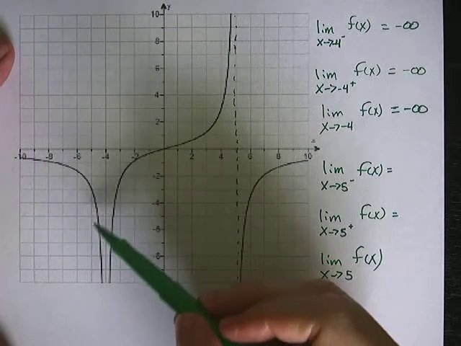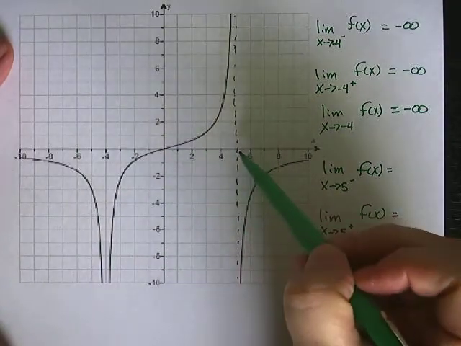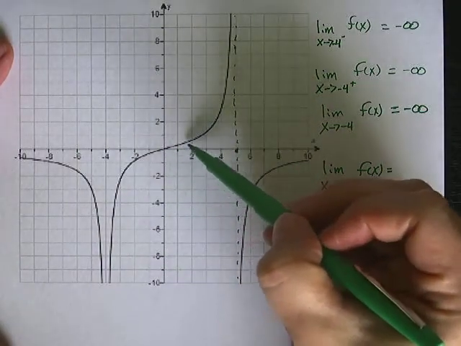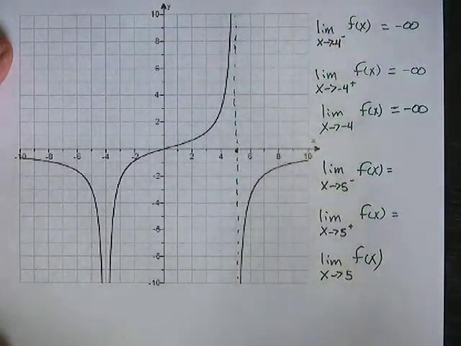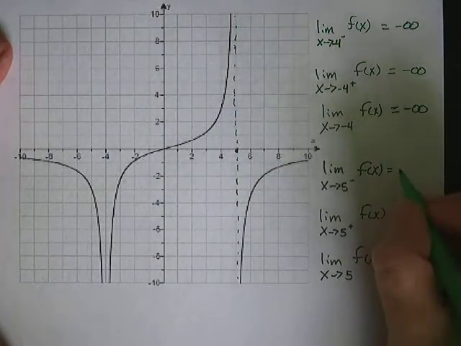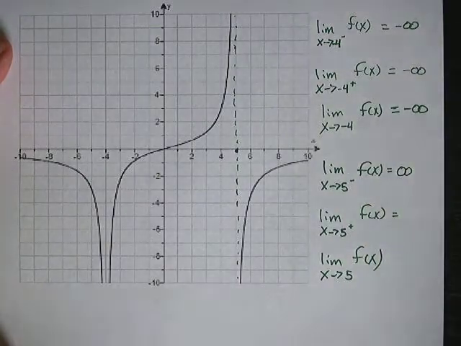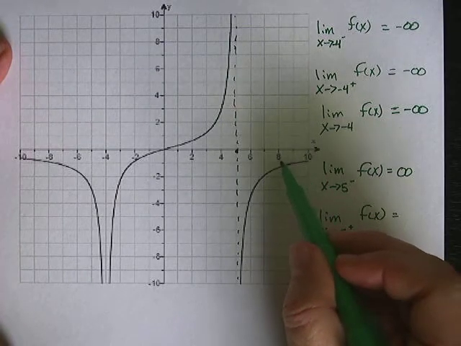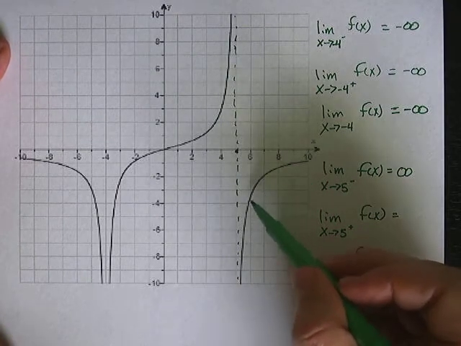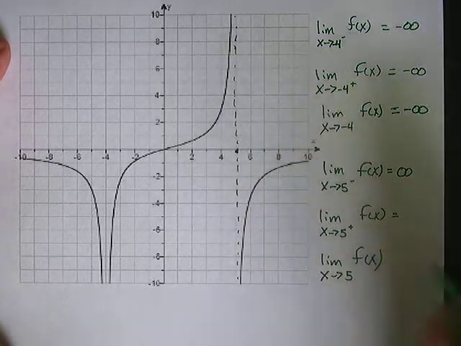So as we approach from the left, follow this graph. So here's 5 that we're approaching on the x-axis, but as we approach it, the graph is headed up, and away to infinity. Okay, as we approach from the other side, from the right side, we go closer and closer to 5 on the x-axis, and the graph starts to drop, downward towards